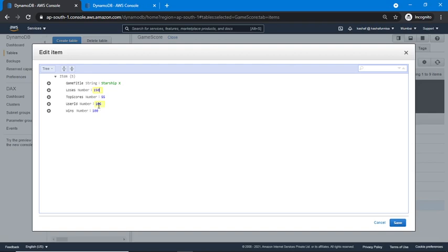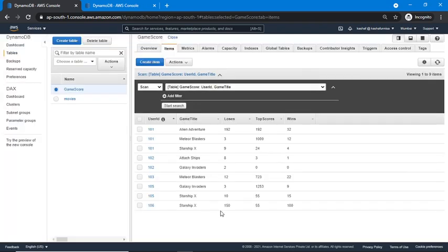So let's see, for user ID 106 wins is 100 and losses is 150. Let's save this. So we did this in the Mumbai region and let's see if it is replicated in North Virginia. So for 106 losses is 150 and wins 100. So the item got updated automatically in another region.